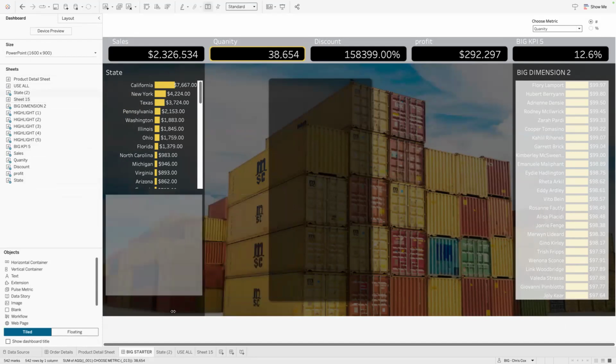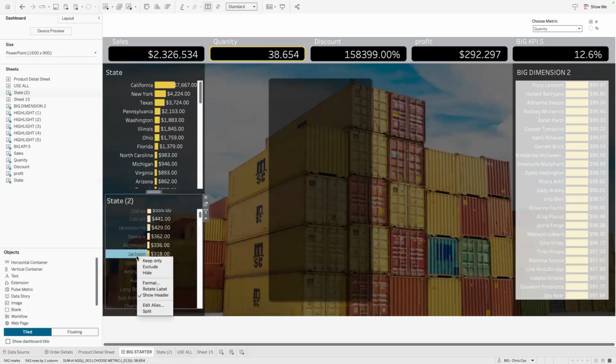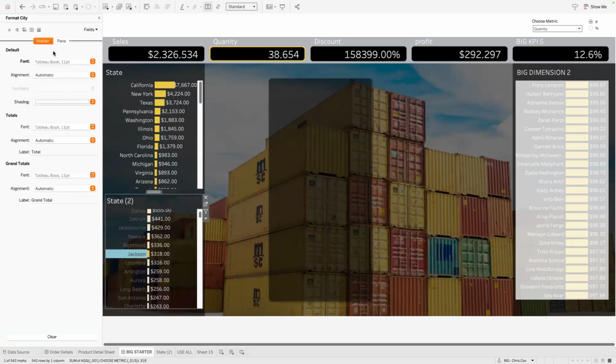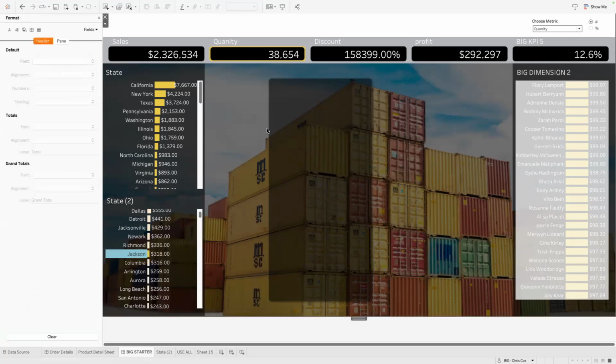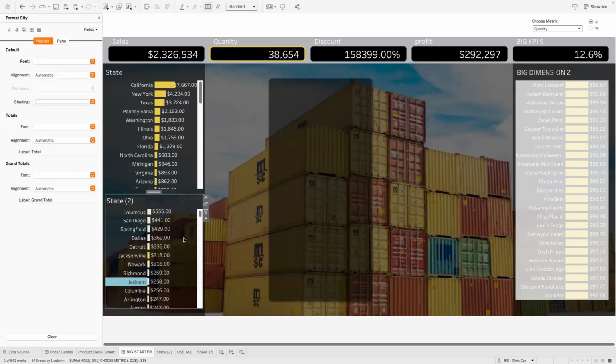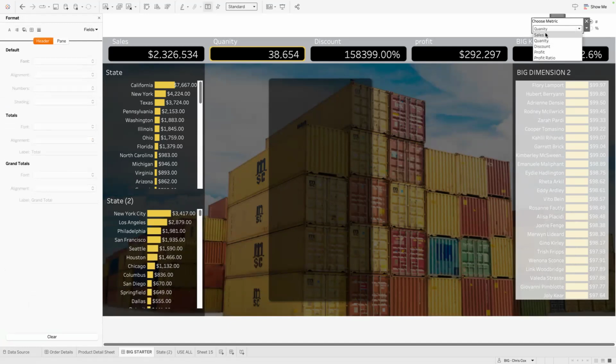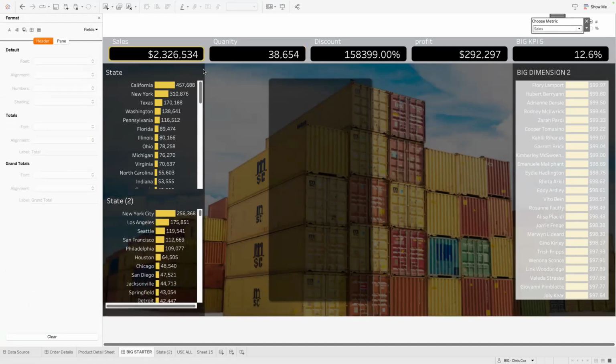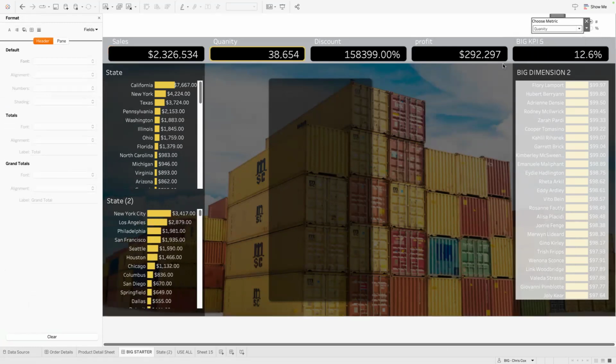I did actually use floating all the time. The reason why is it lets me do a couple things. I'm going to show you one thing it does that's kind of cool that I've already got built in. If you use floating, you can use layers. So what I have here is set up so that if I choose sales, it's going to highlight around my sales KPI. If I choose quantity, it's going to give me a whole highlight around that one and so on. So I think that's kind of neat to be able to do that.